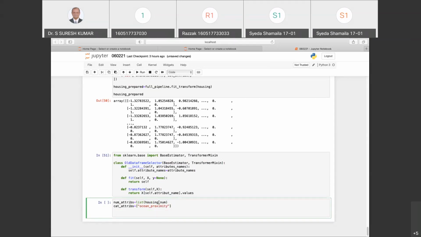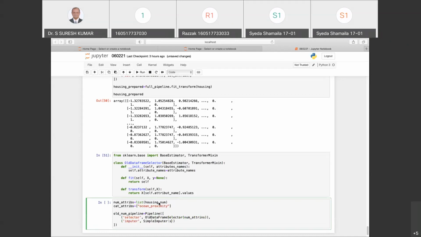Now I would define my old pipeline for this whole set of data. So I'll say my old numeric pipeline, which will be nothing but a pipeline of my selector, which is the old data frame selector of the numerical attributes, and also I will take my imputer, which is nothing but my simple imputer.